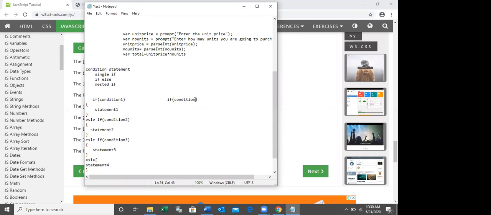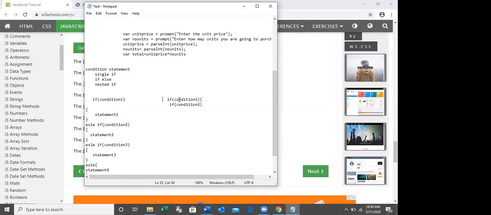Here, I'm going to check if condition 1 is true, then what I'm going to do is, I'm going to check another condition, if condition 2. That means what?